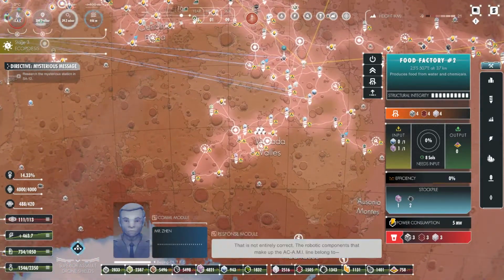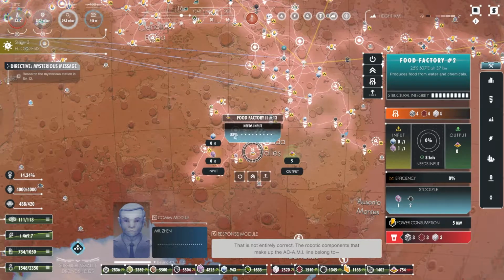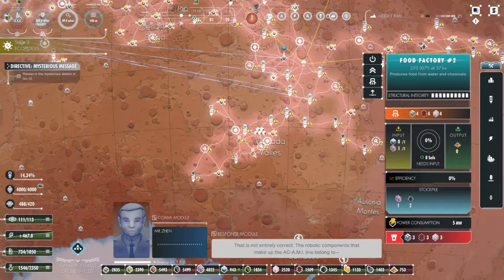So there's a food factory that's drawing a lot of water from over here. I might put some more food factories down here, but then these ones are full. So if those are full...